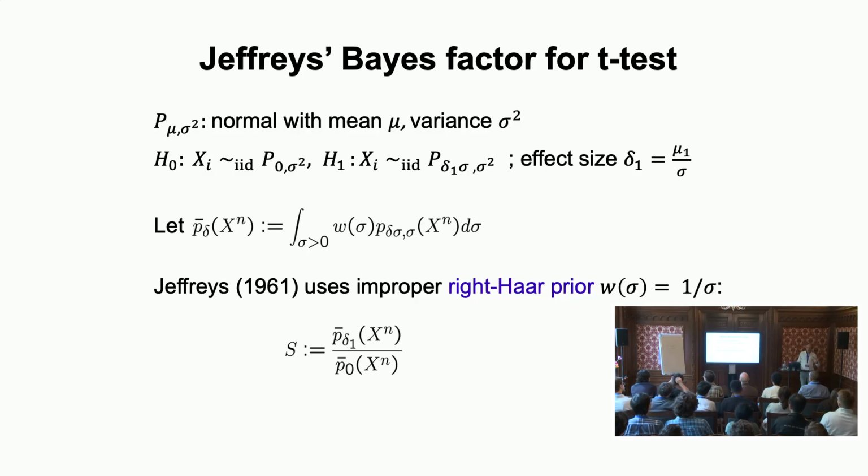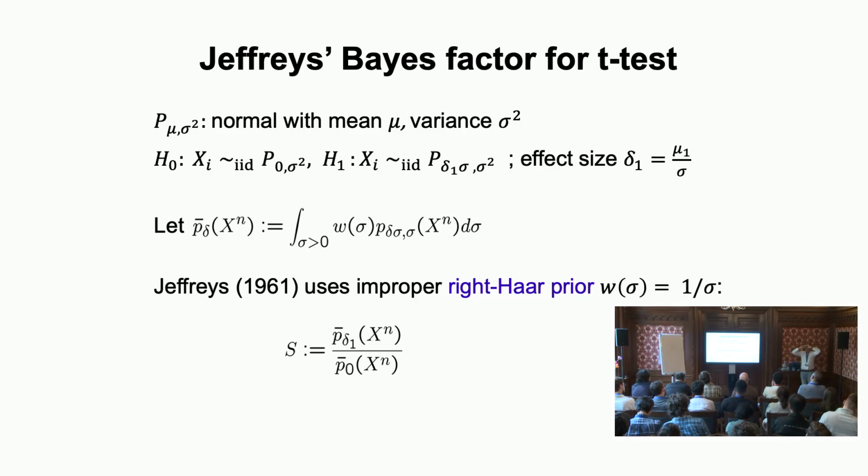Another thing, which goes slightly beyond the theorem as I showed it to you, is a generalization of the theorem where this also fits, which is again the t-test. So now we said our null is all normal distributions with mean 0, and the alternative is all normal distributions with mu over sigma given by a fixed delta. Delta is 1, say. Otherwise, we don't know.